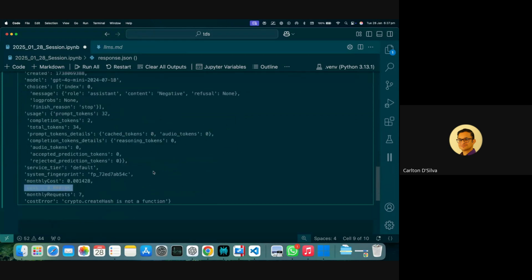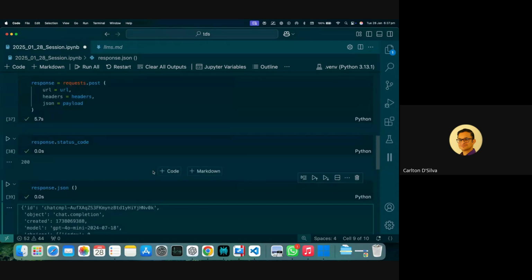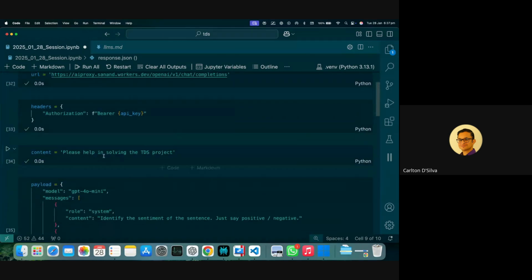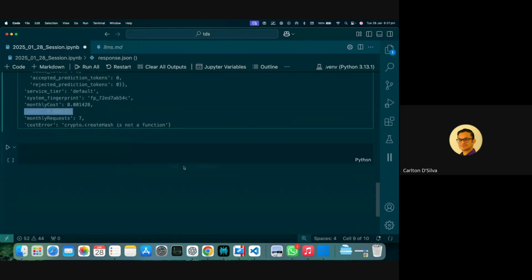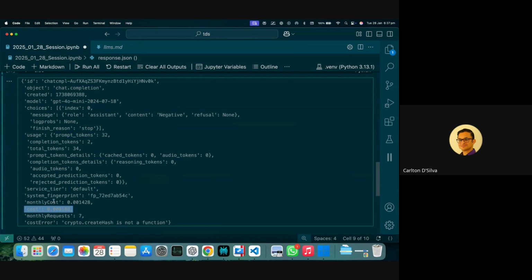In the text file, store 3 things. The 3 things you want to store are: what was your prompt, how many tokens, and how much it cost you. And if you want, you can put the monthly cost. But if you put these two things, how much it cost you and what the prompt was, this will help